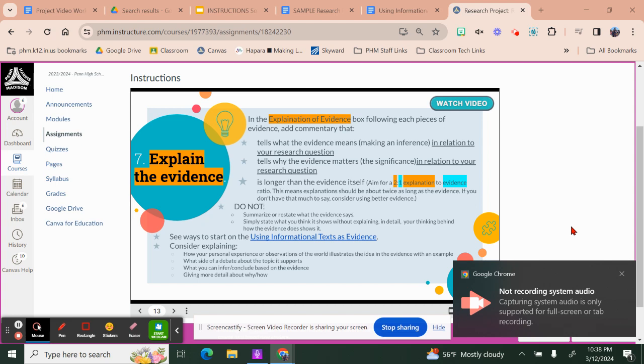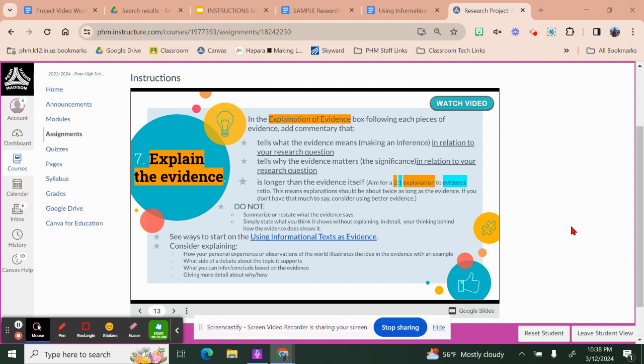This video is going to show you how to add your explanations of evidence. So you're going to be adding this in the explanation of evidence box following each of the pieces of evidence. Your commentary, which is what you're adding to these boxes, is going to tell what the evidence means, making an inference in relation to your research question. It's going to tell why the evidence matters, or the significance in relation to your question, and it is also